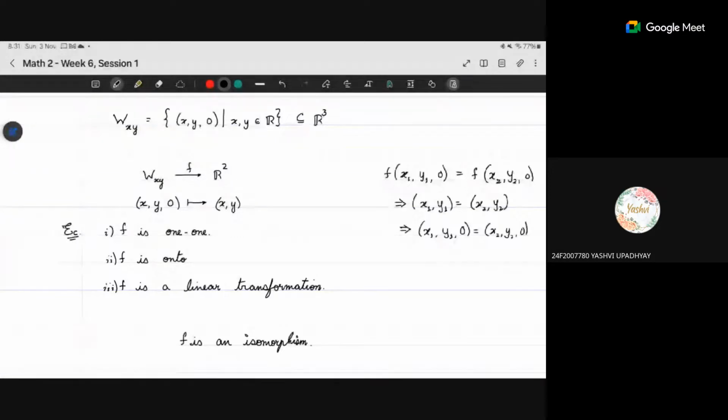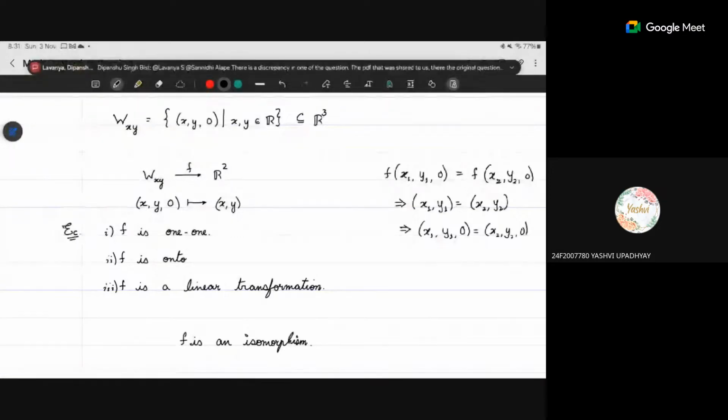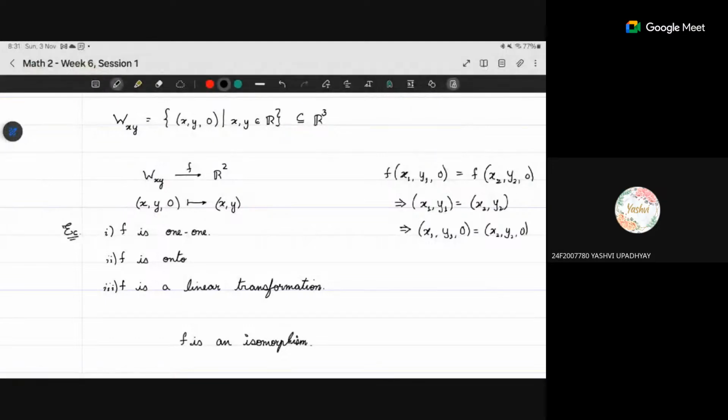So in that sense, this question of is R2 a subspace of R3 is slightly nuanced. Typically, once isomorphism,